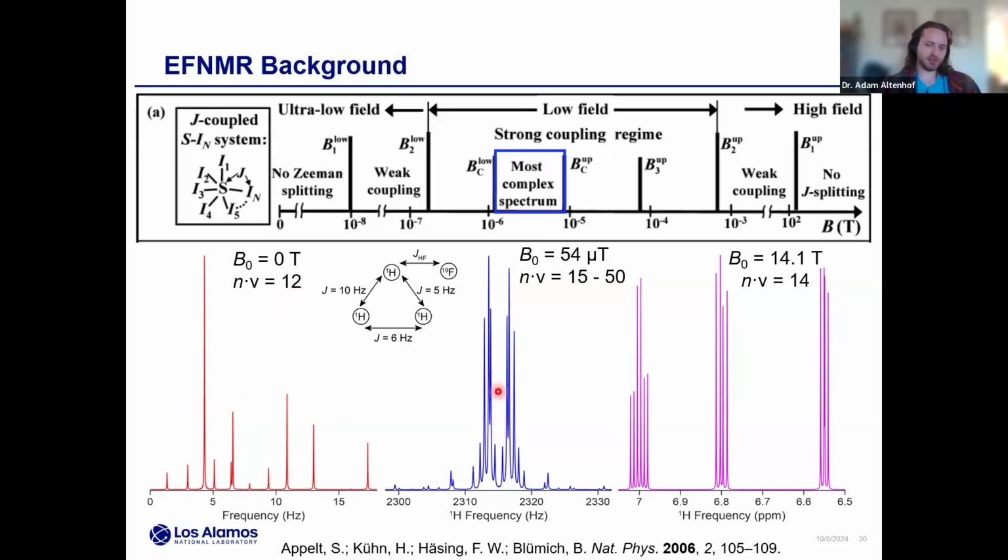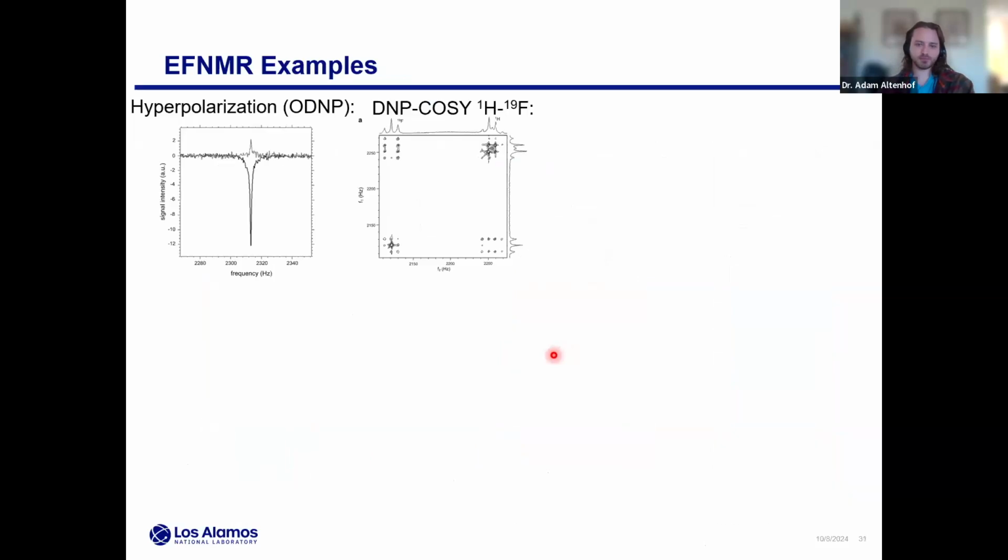And then at Earth's field, again, it depends how you count it. If you take this symmetric half, that would be 15. Really, this is 30 about the Larmor frequency. And then if you count the 19F spectra as well, that's a total of 50 peaks. So, describing the same spin system. Really the motivation is, if we have this ultra high resolution and this really complicated spectrum, that should be a very good spectral fingerprint for illicit materials.